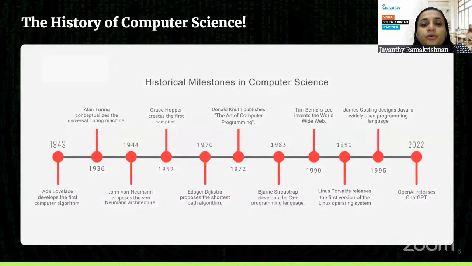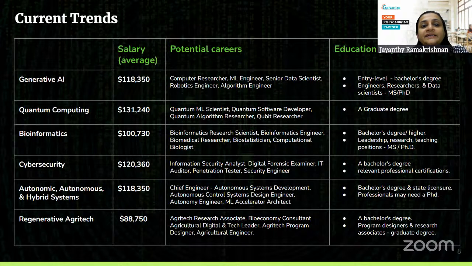So it's very important that you are in touch with the field that you're interested in, and you are constantly following these various people that are working in the field. Okay, so please keep that in mind. So you need to know the current trends, the current news, so that you are able to always upskill yourself and get ready for the future. So having said that, let's talk about the current trends.